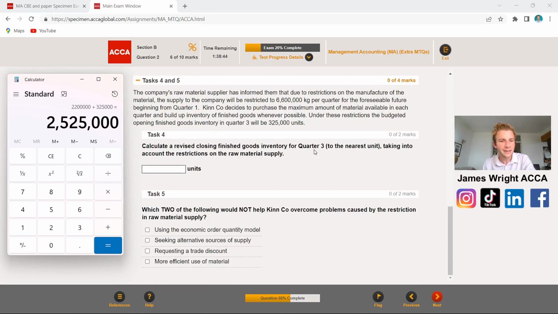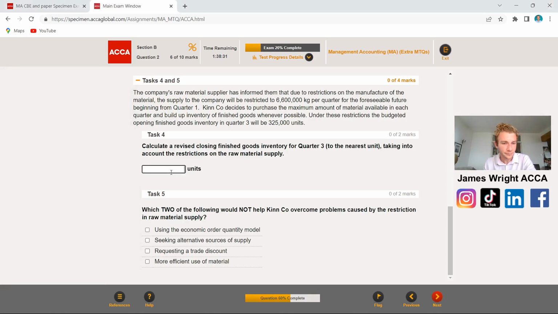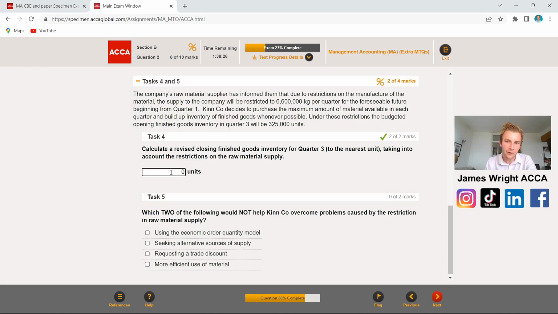So based on the revised restrictions and the predicted sales figures, we're not going to have any units left at the end of the day, because we are selling more than we are making. So mine for task 4 should be 0 as a result. Lucky we got the 2 out of 2. But just see how we walked and talked it through logically, that is where it's definitely going to benefit you